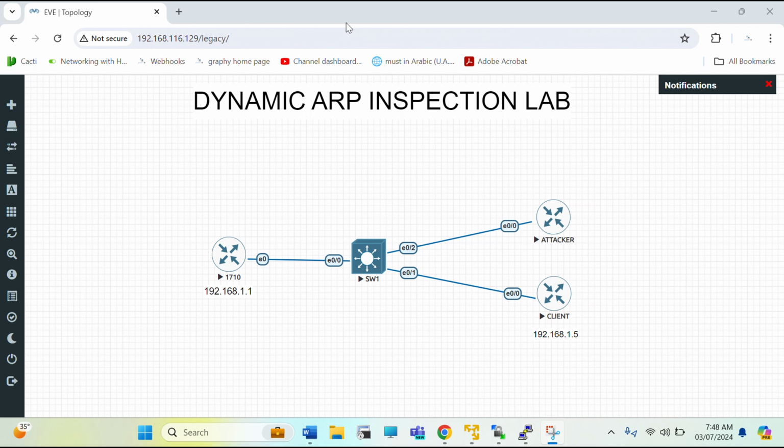Hello everyone. In this session of the CCNA series, I will do a dynamic ARP inspection lab. For this, I have a topology in which I have a router 1710 which is acting as a DHCP server as well, connected to a switch, and we have a client which will receive an IP address from the DHCP server, that is our router. Then we will see whether the client is receiving the IP from the DHCP. We will check the DHCP snooping